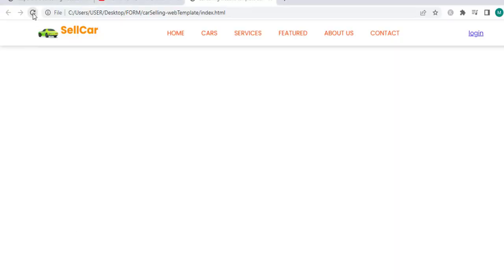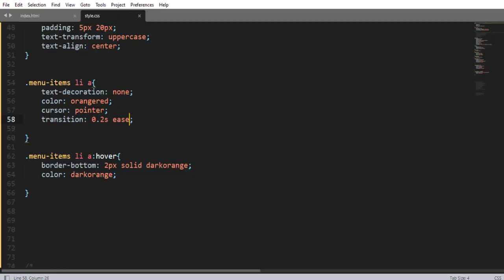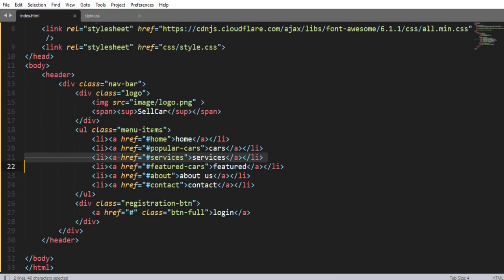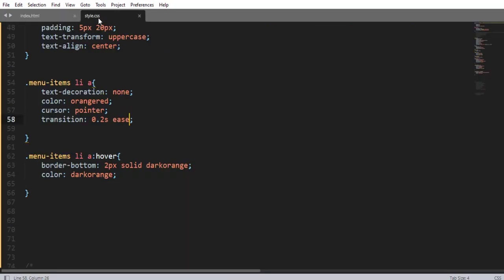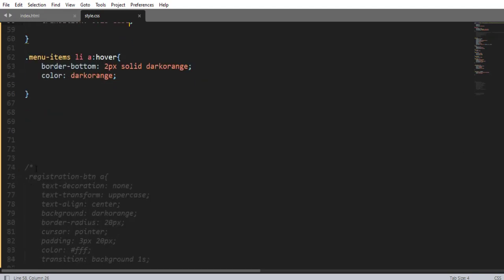Having this, here we have a nice transition effect, a nice navigation menu having a beautiful hover over effect. Now let me jump right into styling this call to action button, or login button. To do this, we are going to use this registration button class selector and an anchor